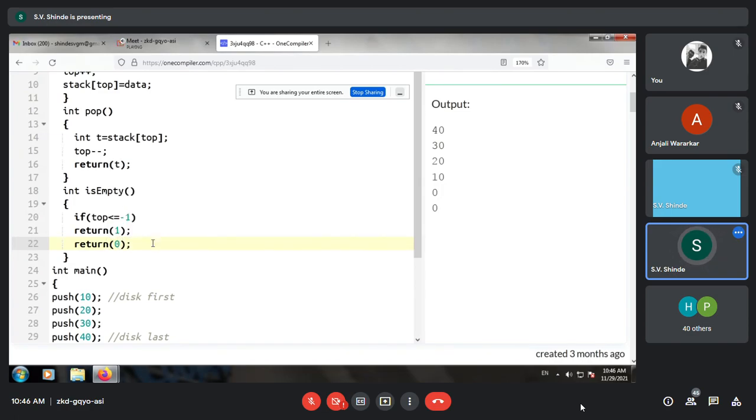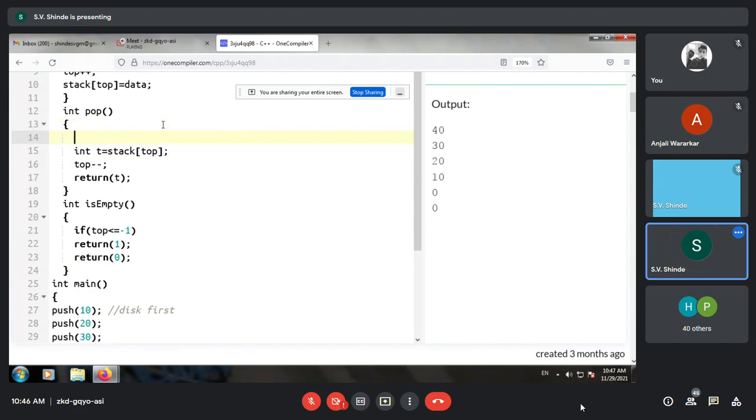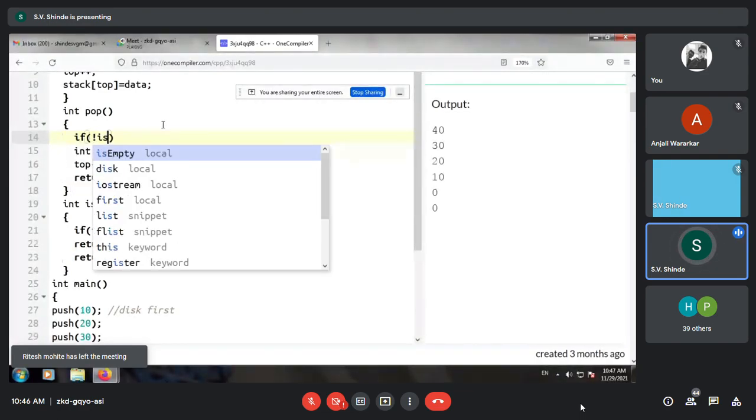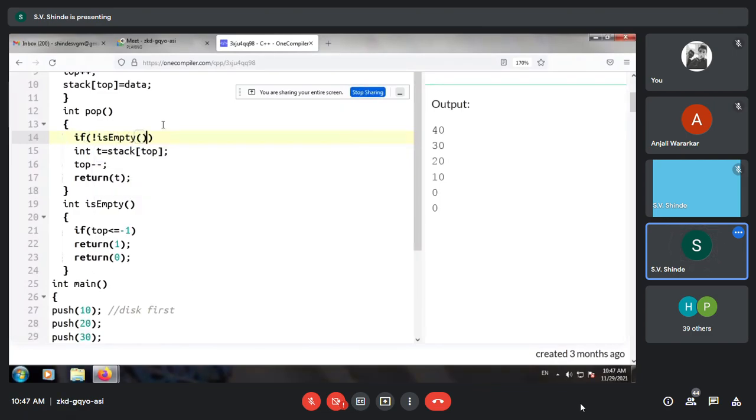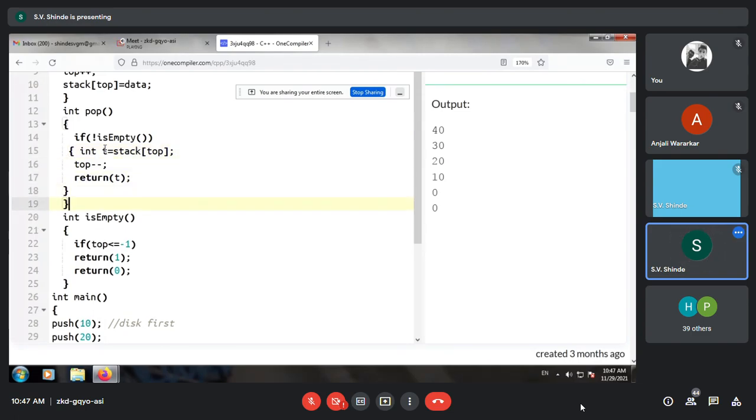So where to use it? We should use it in pop. Over here, if not isEmpty, then we will execute this code, that is the entire return statement of t.